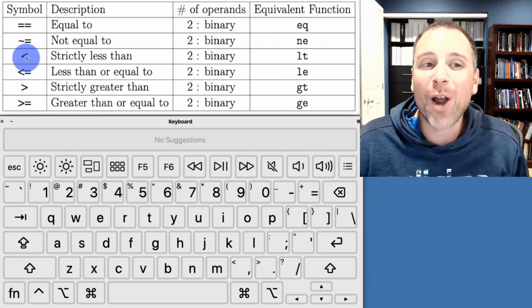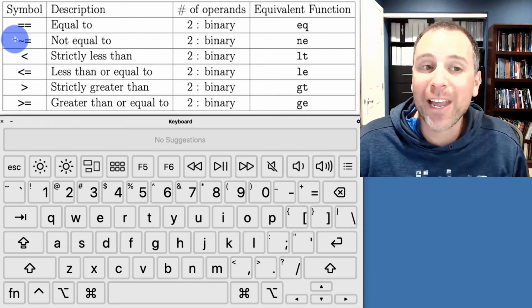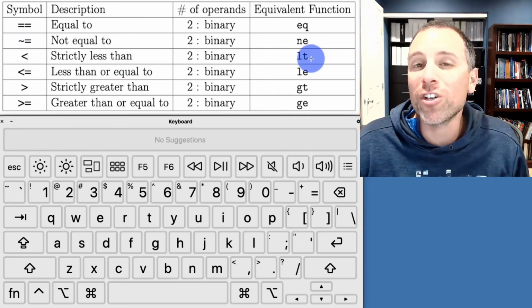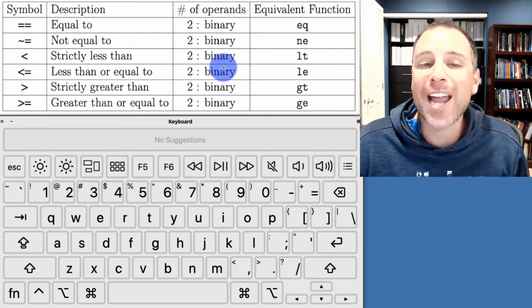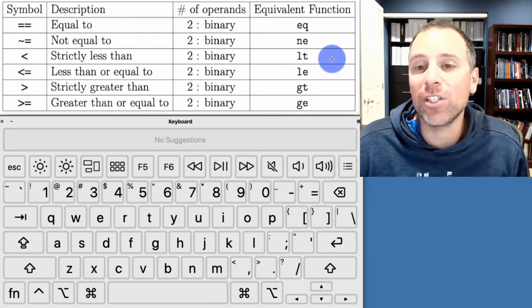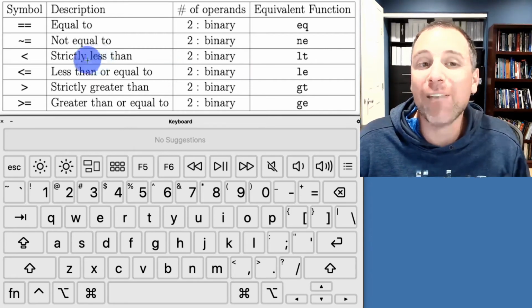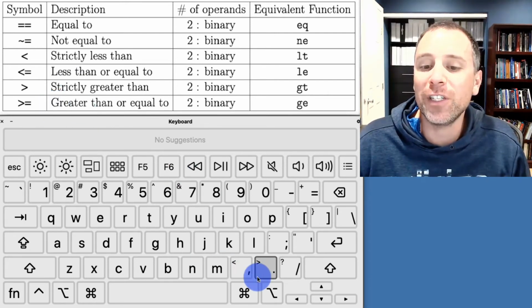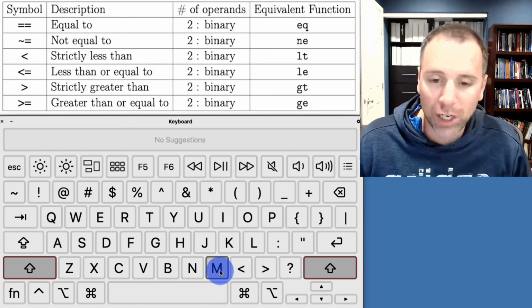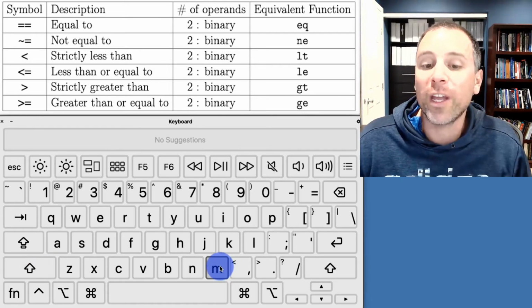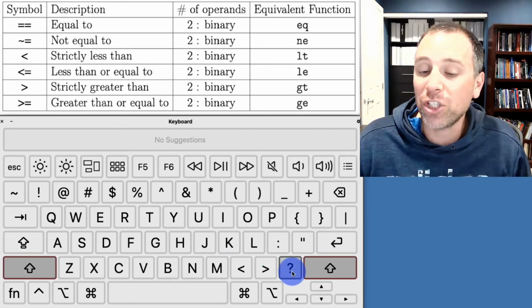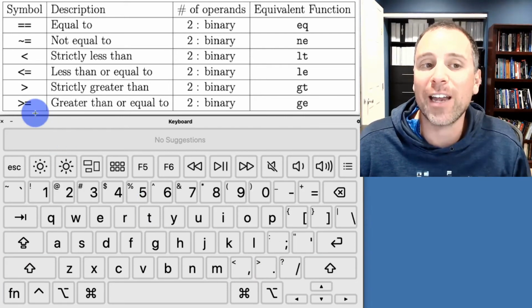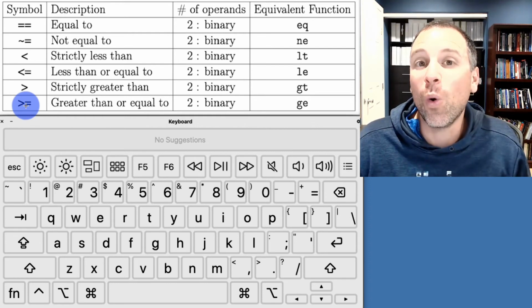Also, when we're thinking about operands, the left operand of each of these operators is the first input to the function, and the right operand is the second input to each of these functions. Just like we have less than and less than or equal to operators, we also have greater than and greater than or equal to operators by just shifting the carets around. In other words, instead of going shift the button right next to M, we could go shift the button right next to the question mark, which is this one here, and that would get us the strictly greater than symbol. Combined with the equal sign, that's greater than or equal to.